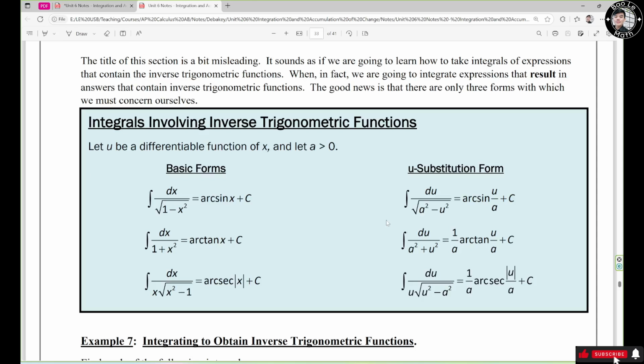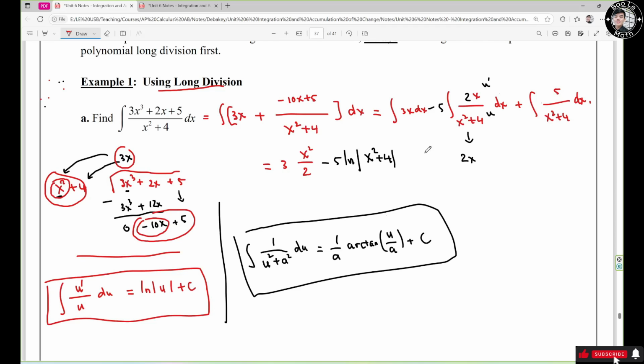The formula is right here. So for this one, I can bring the 5 to the front, and the numerator becomes 1, so I can apply the formula easily. So this turns out to be plus 5 times